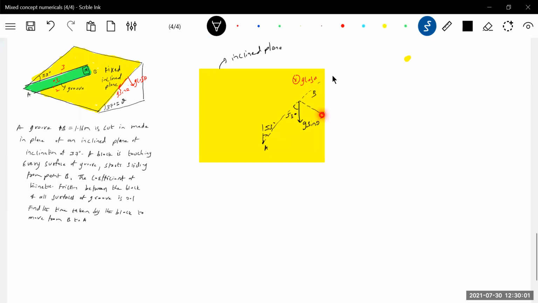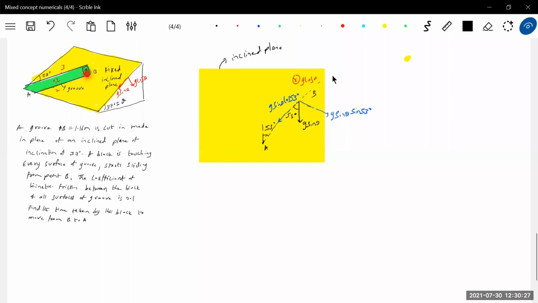Now you resolve this g: g sin theta sin 53 degrees. If you multiply m to this, that component of mg sin theta sin 53 will be perpendicular to